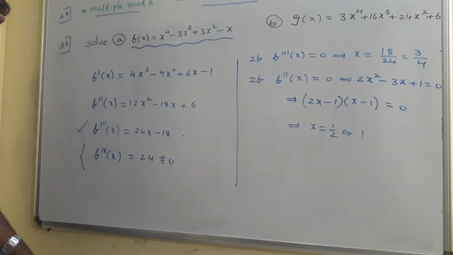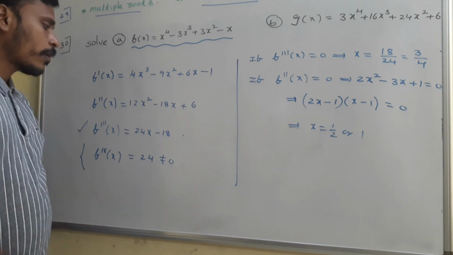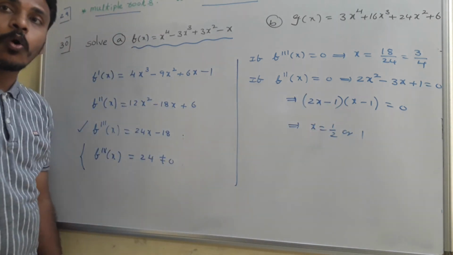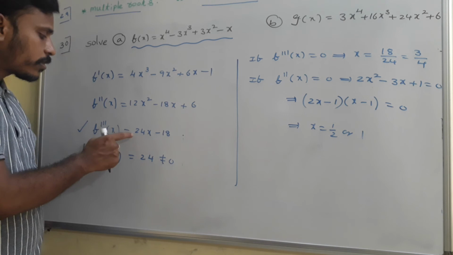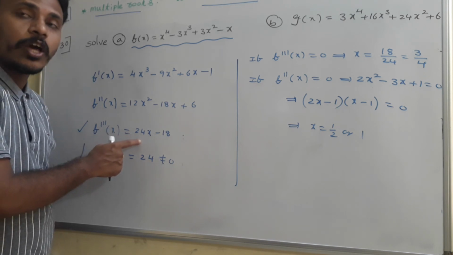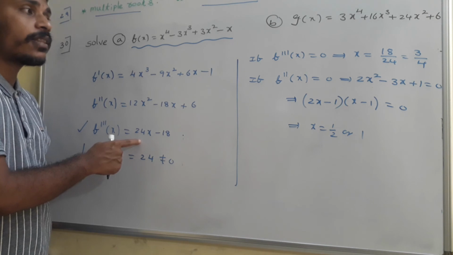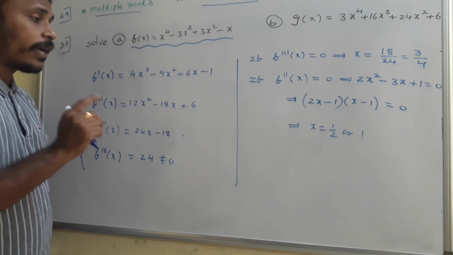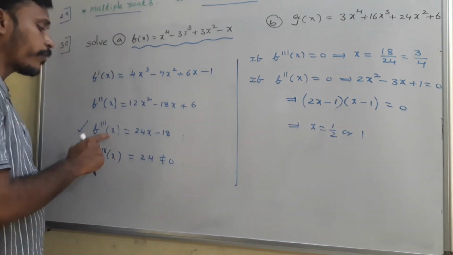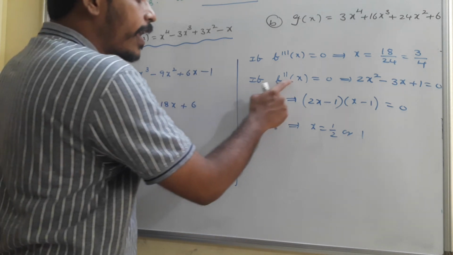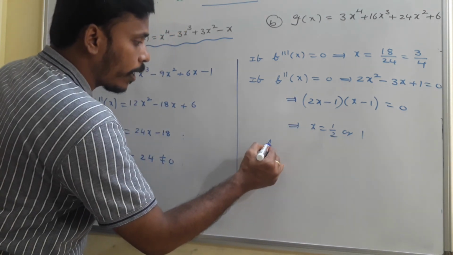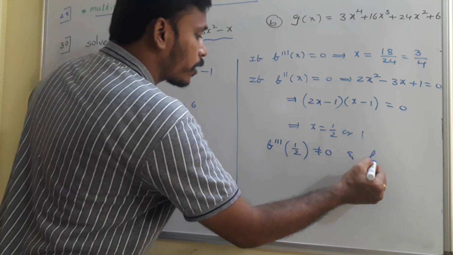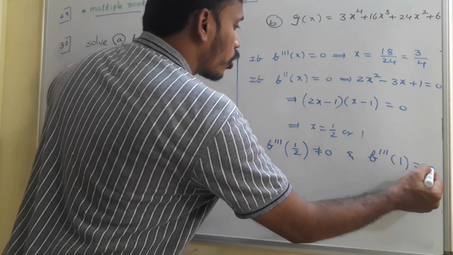So one thing is very clear. What is that? The second derivative is 0 at x equal to 1 by 2 or at x equal to 1 only. So this 3 by 4 is only a root for f triple dash of x. The 3 by 4 is not making the second derivative 0. So leave that, okay. And this 1 by 2 and 1 are not making f triple dash of x 0. So f double dash of x is 0 at x equal to 1 by 2 and 1. And what to say about f triple dash of 1 by 2, which is non-zero. And what to say about f triple dash of 1, which is also non-zero.